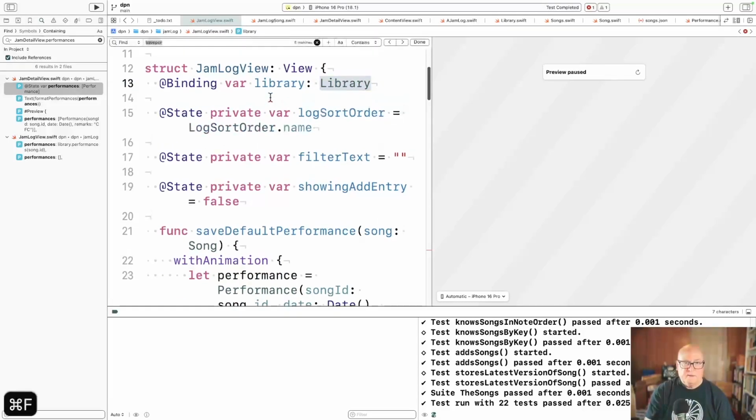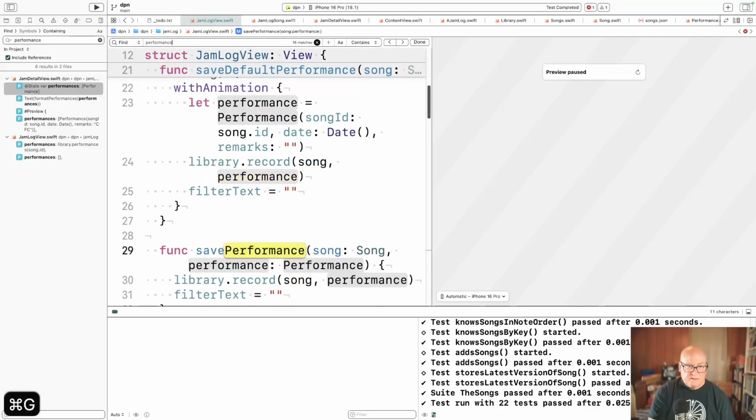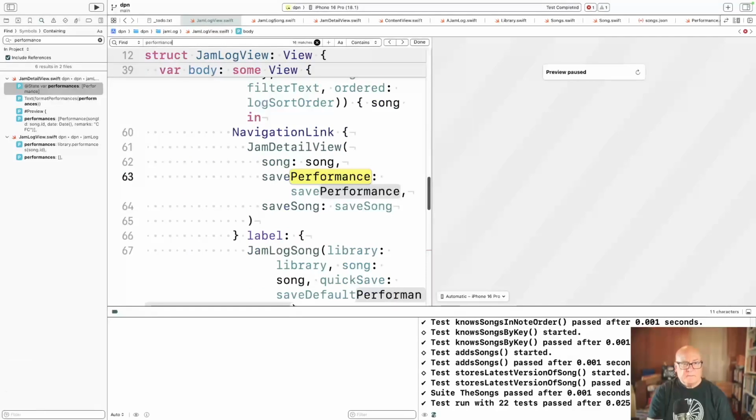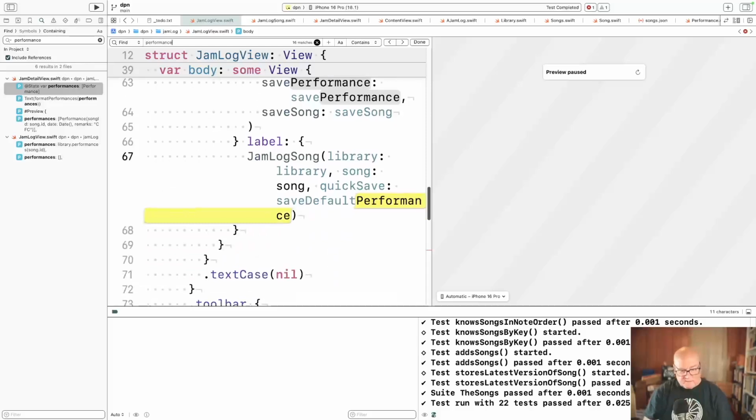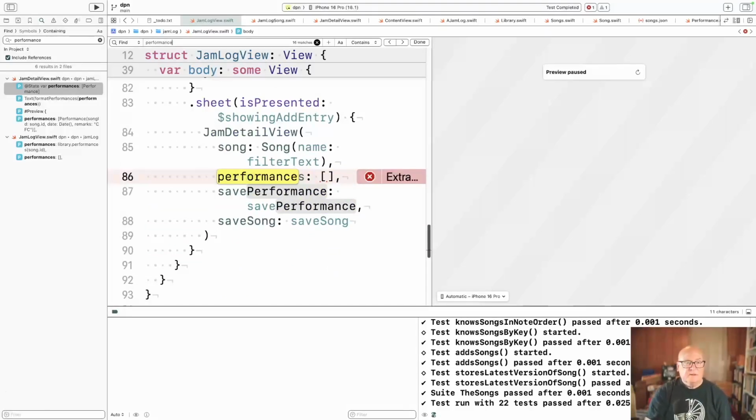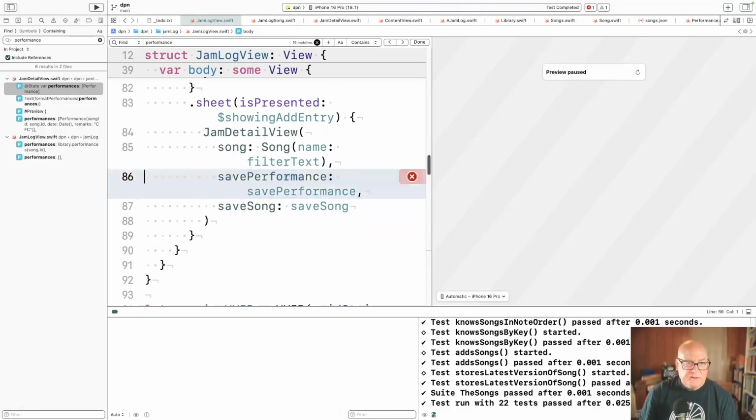Okay, that's performance. That's that. That's the save we just looked at. Save default performance. And performance is Jam Detail View. All right, we don't pass that in here anymore.